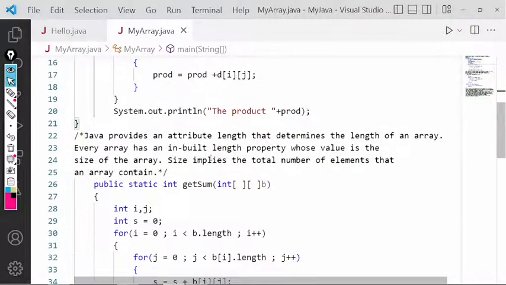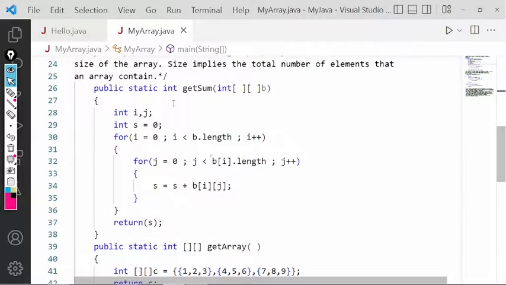Now let's see how we have defined the getSum function. Public static int getSum. What does it mean? getSum is a function whose return type is integer, access specifier is public, and it is a static member function. Why? Because we have already learned that a static member function can call a static member function.